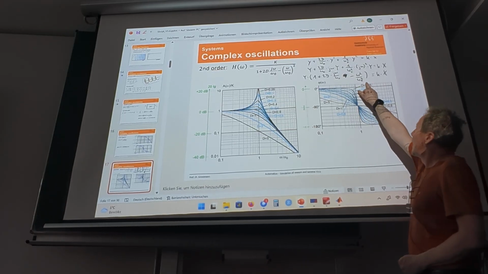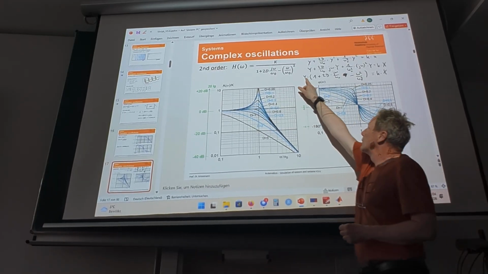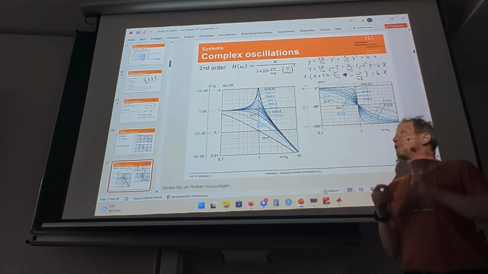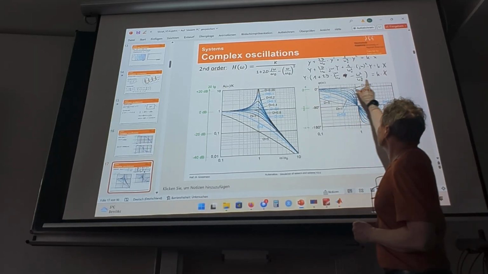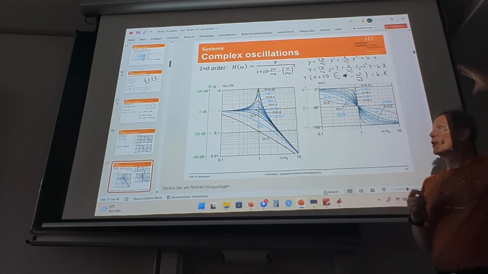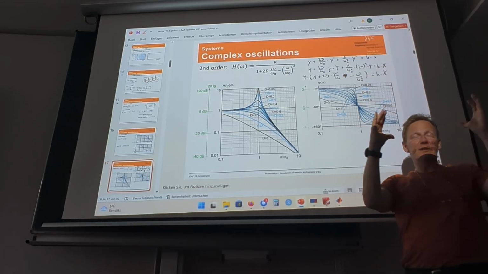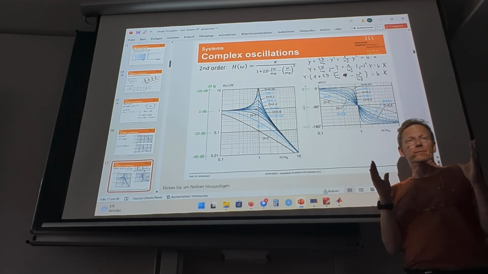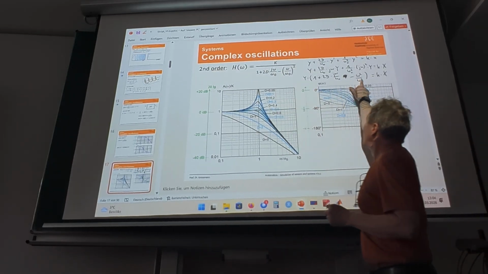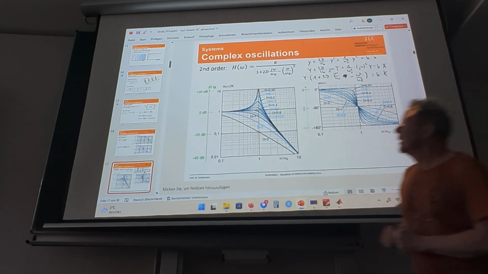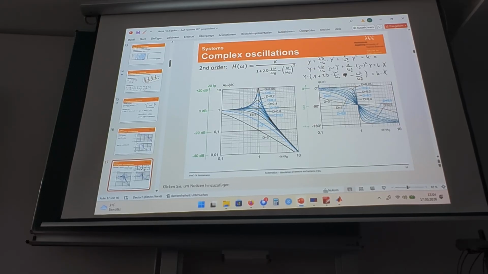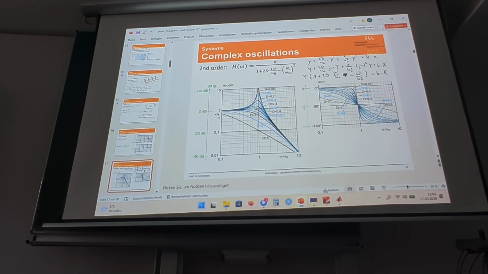And then you can see, when we build now a ratio, the capital Y divided by capital X, that's our transfer function, what remains on the right side is just the k on top of a ratio, and the bracket becomes the denominator. So it gets down here. This is exactly the content of the round bracket. So that's where it comes from, and then we can just plot the form here of the